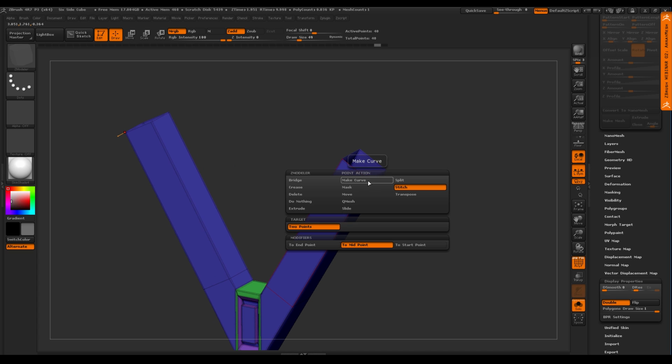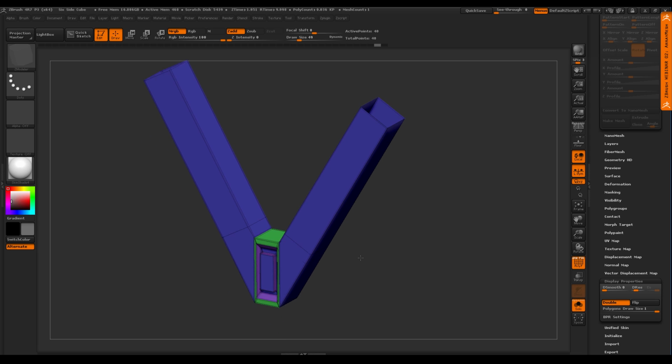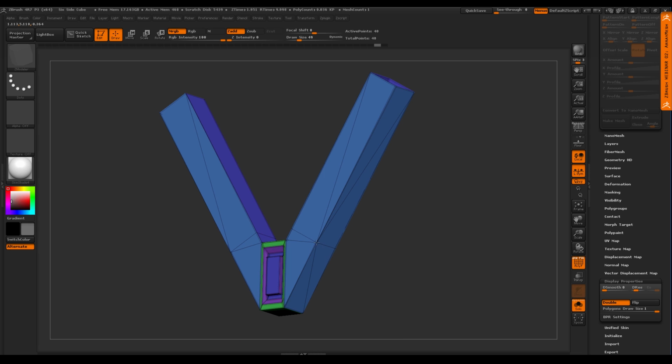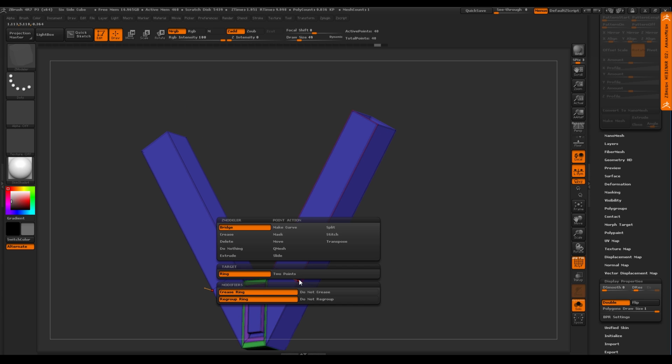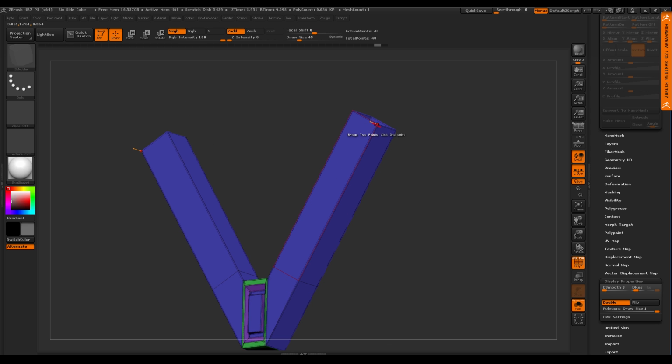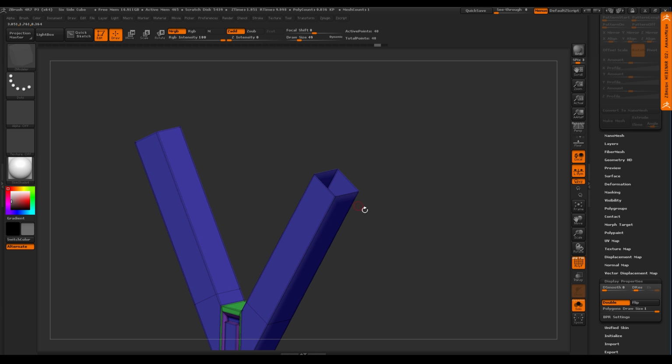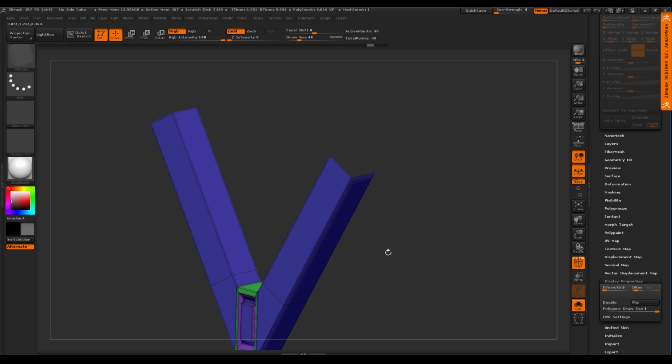The bridge 2 points. So you want to bridge 2 points. So we have the bridging capability here, along a point where we can turn it into a ring or we can switch to 2 points. Doing a ring is something a little different. If I now click on a point and do a ring, it's just trying to ring around that point. But if I want to bridge across 2 points, I can do the bridging of 2 points across here. Let me get a better example. No, that was pretty good.